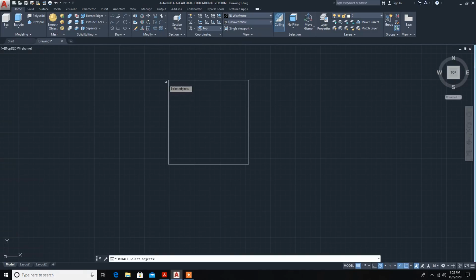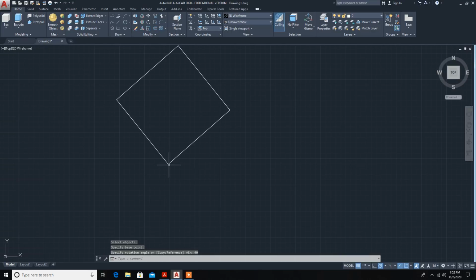Now it is asking to select the object. We select the object, enter. Now specify the base point. You can select this base or this base, anywhere you can select and click, and it is asking the angle. So type 40 and it is rotated to 40 degrees. So the cube is rotated to 40 degrees. Now the solid object is completed.